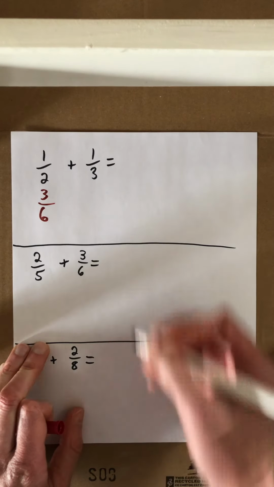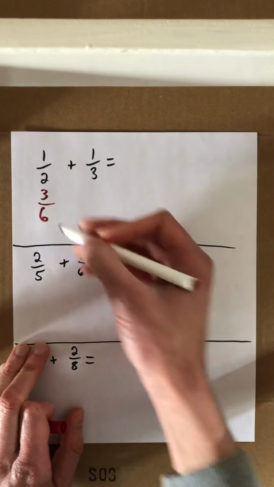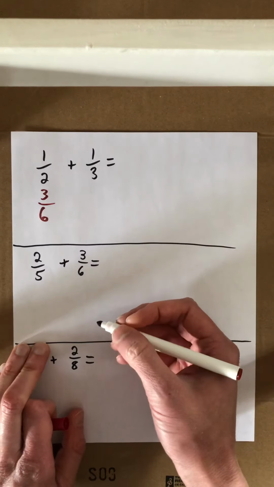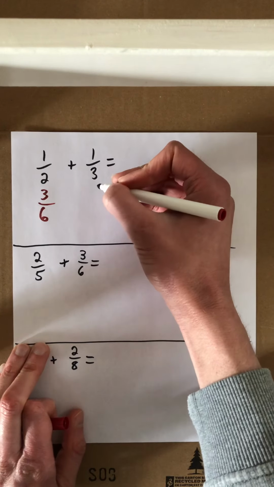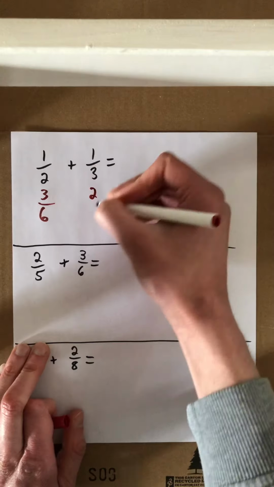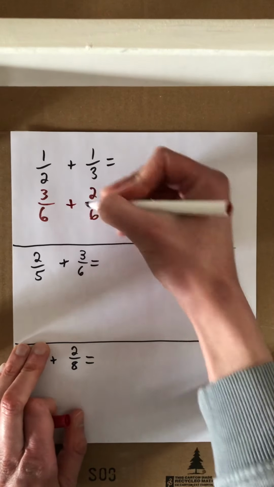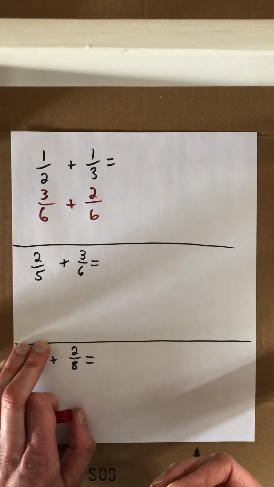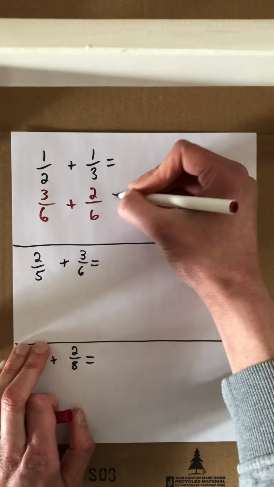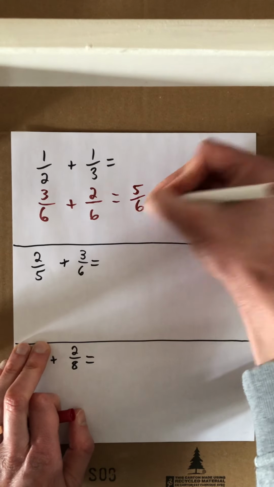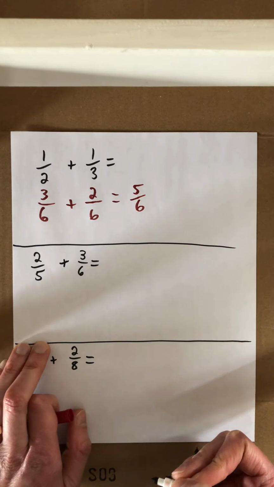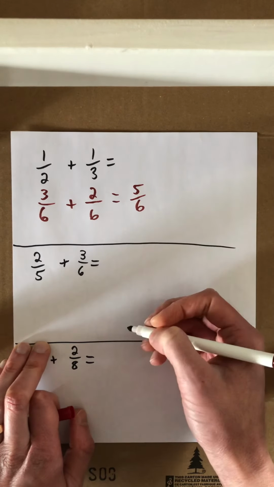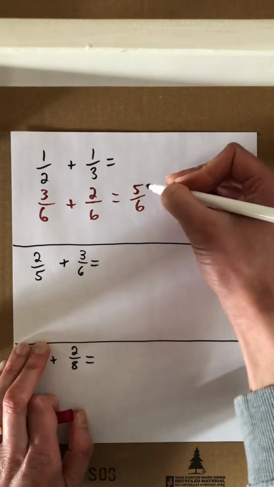They're equivalent fractions. For this one over here, what I'm going to do is take the other side's bottom number, this number 2, and multiply the top and bottom of this fraction by that. So 1 times 2 will be 2, and 2 times 3 will be 6. And now what I have is a pair of fractions I can actually add together because they have the same denominator. So 3/6 plus 2/6 gives me 5/6. We should always check to make sure our answer is in lowest terms, and this one is in lowest terms. There's nothing I can divide both 5 and 6 by to make it into a smaller fraction,